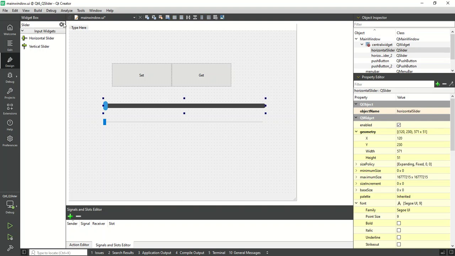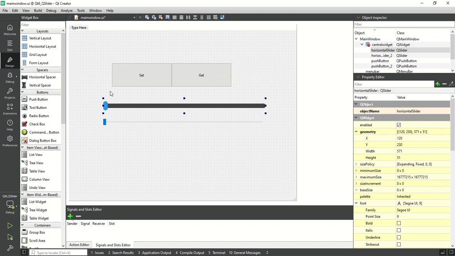So both look different. You can customize your slider according to your requirement and style sheet your color